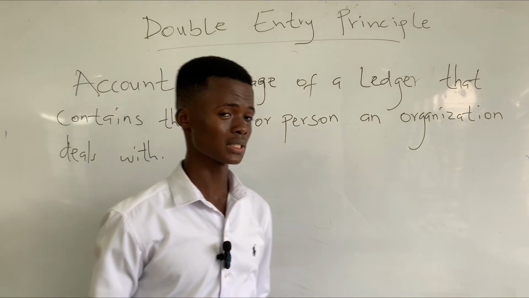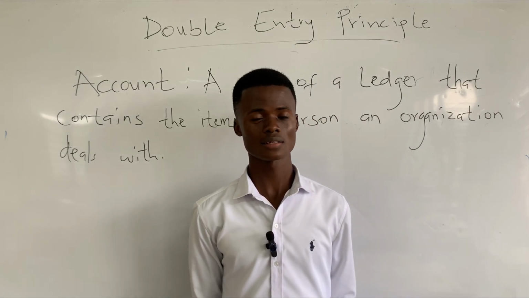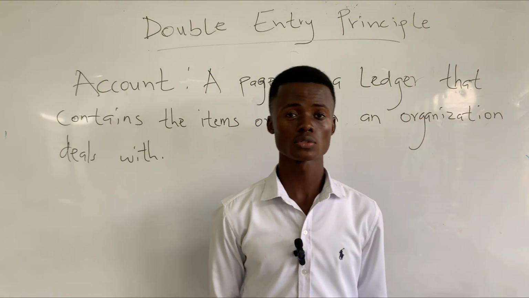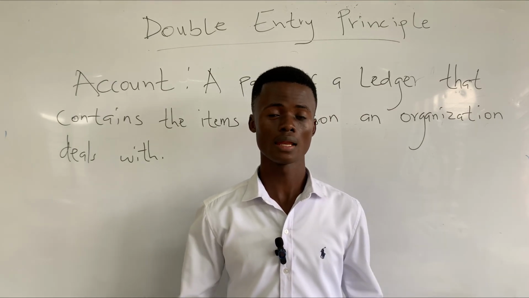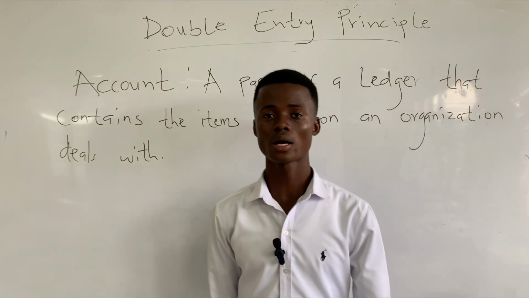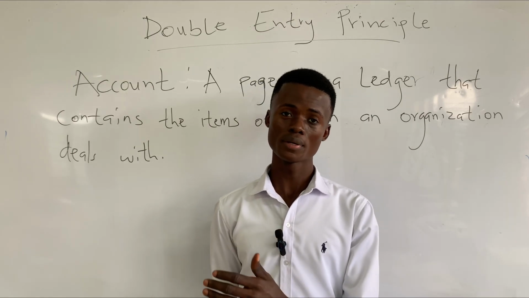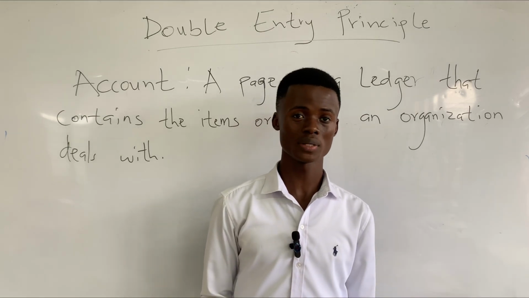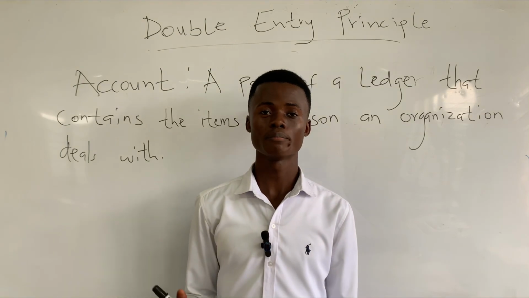So after knowing what an account is, let's proceed by looking at the classification of an account. Basically, an account is classified into two: the personal and impersonal accounts. The personal accounts contain transactions relating to persons and business organizations. What we mean by this is that an organization may decide to deal with another person who may be a debtor or a supplier, or another business organization who may be a debtor or a supplier. In any case, whether it be a person or a business organization, the historical records are kept in the personal accounts.